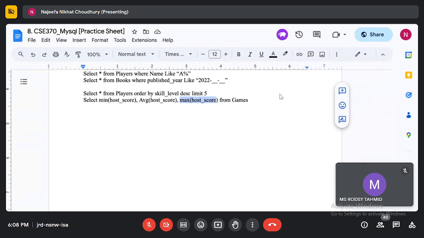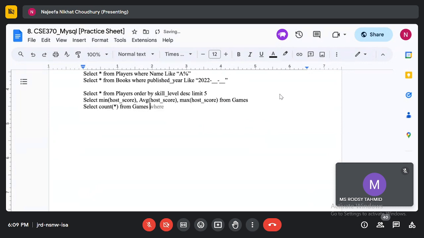And what count does, it counts the number of rows. So if I say select count star, it will count for all columns from, let's say, games.